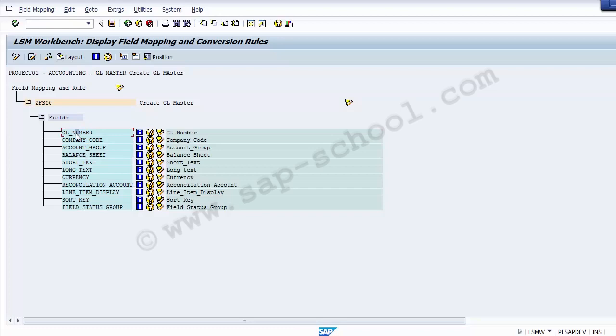All fields of all target structures which we have just selected in the previous step will be displayed over here. As you can see, the different fields which we have just defined in the table have been displayed to you. For each target field, the following information is displayed on your screen. One is the field description, and over here a number of different things are available. One is termed your field documentation, another is your